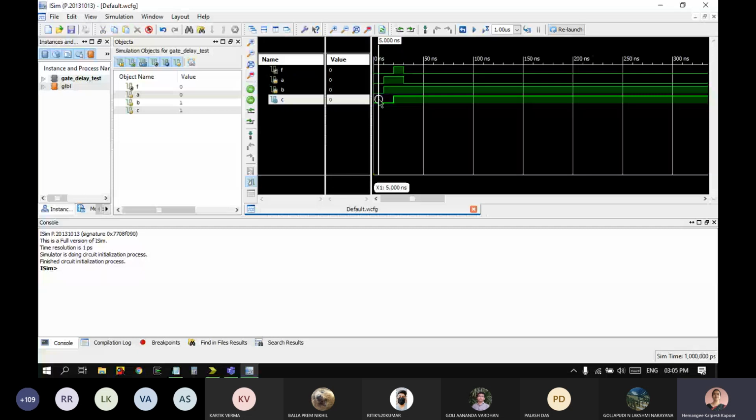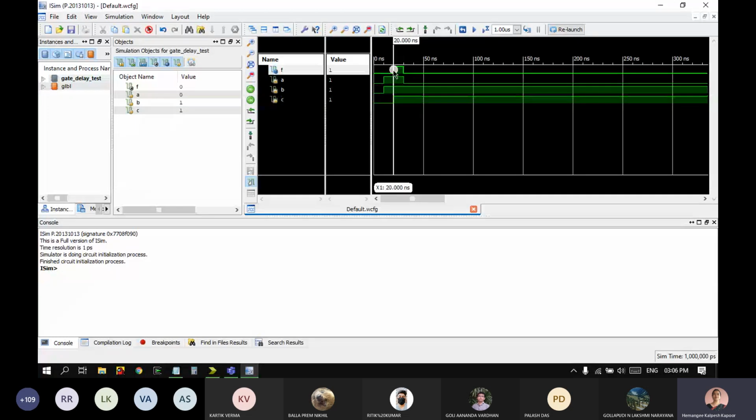A, B, and C. Initially everything is 0, so the output F is 0. After that, the first AND gate is giving an output, but we cannot see the variable temp in the test case, so you just have to infer. This temp would have been 0, so temp and C makes it 0. And in the next 10 nanoseconds, F goes high, because all of them were 1, and then again because A became 0, the output became 0.